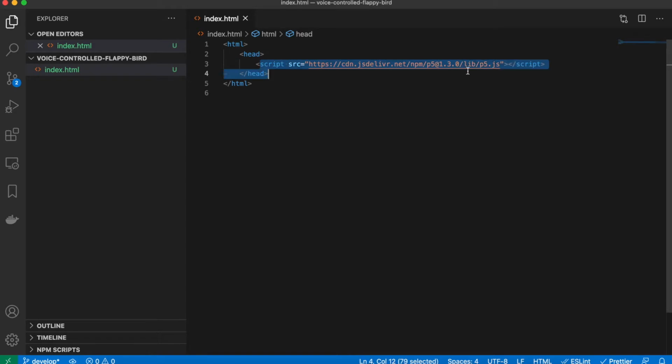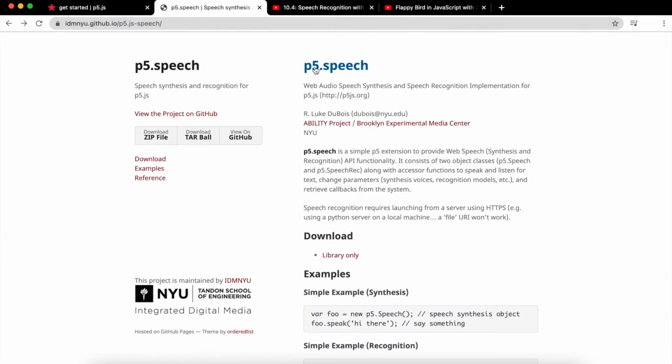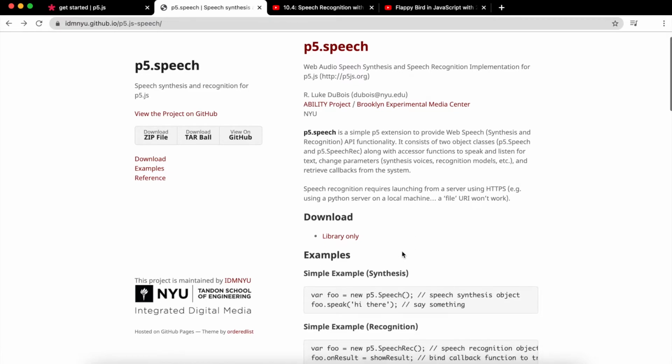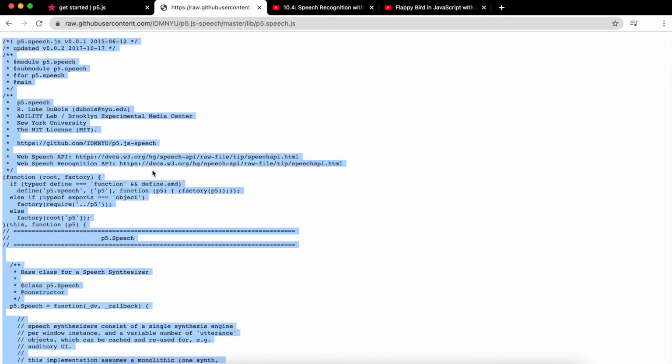So now we have a link to p5.js, and the next library we need is a part of P5, but this is the P5 speech library. So this is what we're going to use to actually recognize our speech and the words that we're saying. So you can go here, and I'll provide all of the links in the description as well as the code in a GitHub repository. But basically you go here, just click on the library, and just copy all of this,